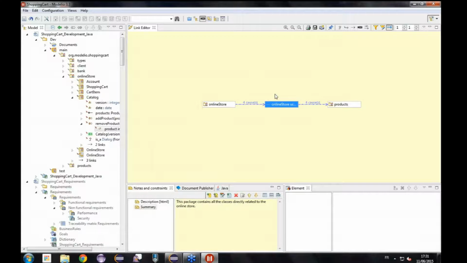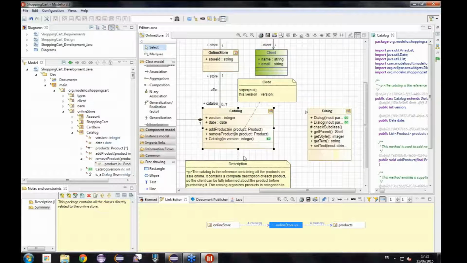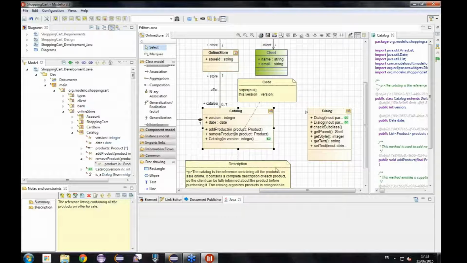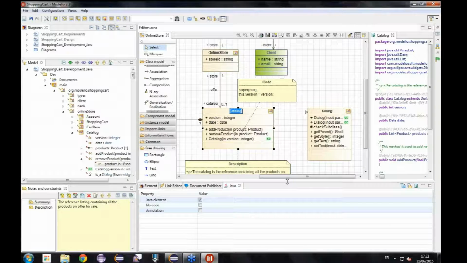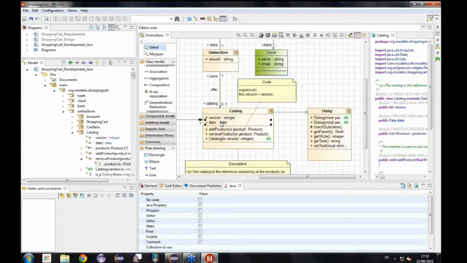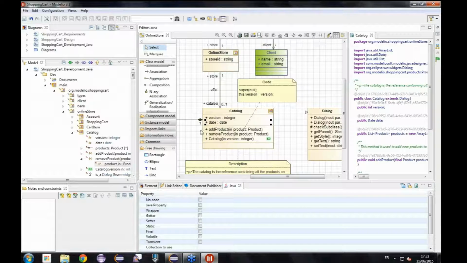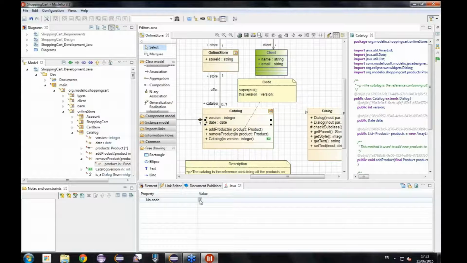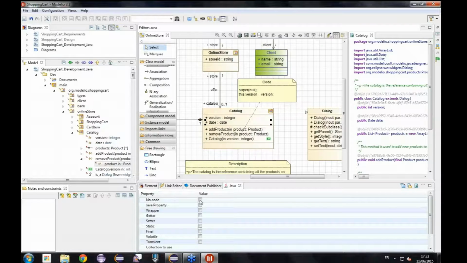In the Java tab, Modelio lets you add Java properties to model elements. This tab contains buttons that let you generate code from the model, update the model from existing code, or edit the Java files generated by Modelio. For each type of element, the no-code property can be used to exclude the element from the generated code. If the attribute has